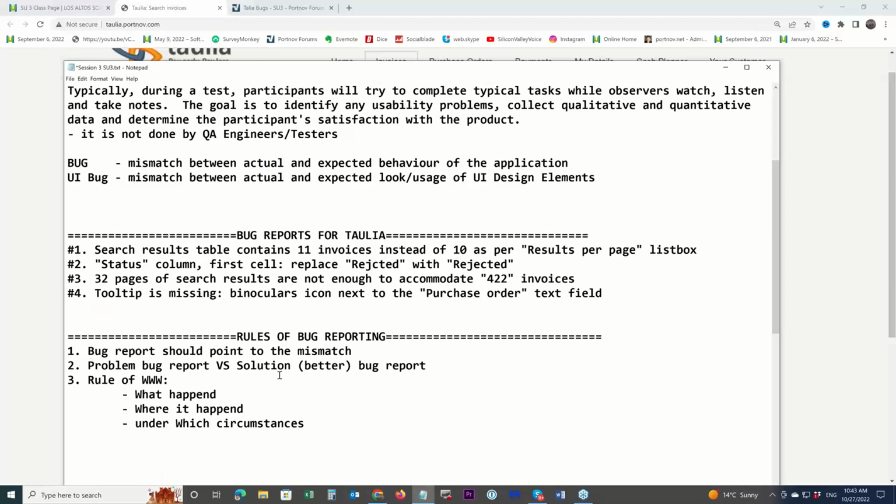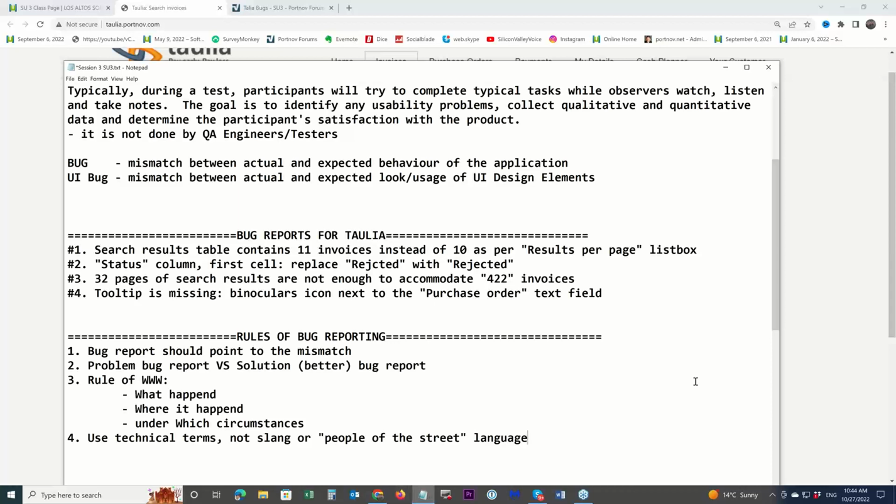So one of our bug reporting rules says: use technical terms, not slang or people of the street language.